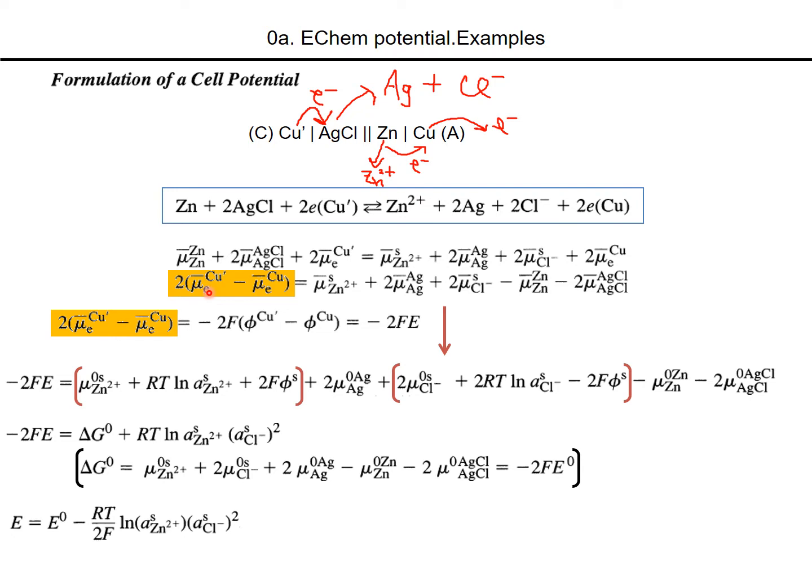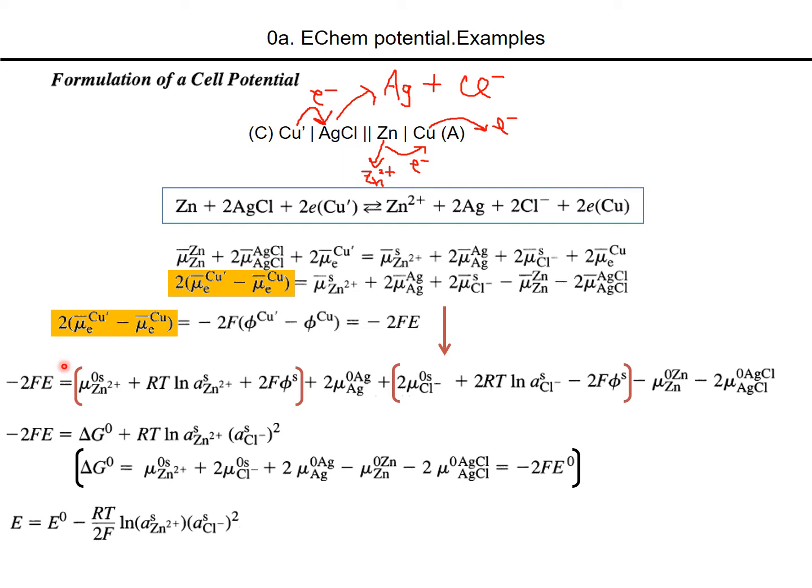So the electrochemical potential is going to be just the electric potential, because the standard chemical potential of the electron is 0, and also the activity of the electron is unity, or 1, so that the activity term goes to 0. So the only thing left is the electric potential. So this one goes to the electric potential, and the potential of copper prime minus the potential of copper is going to be the cell potential. So minus 2F times the cell potential. This one is going to there, and